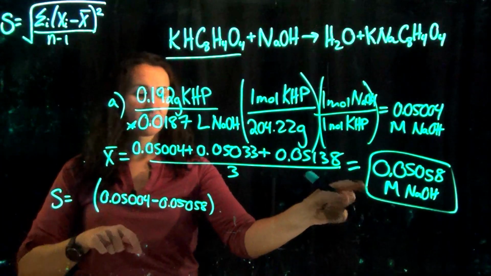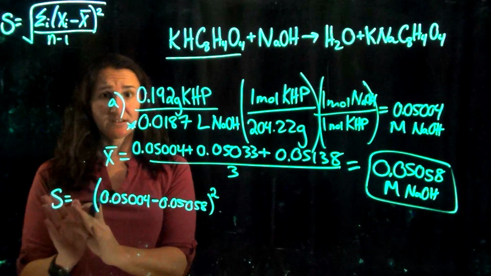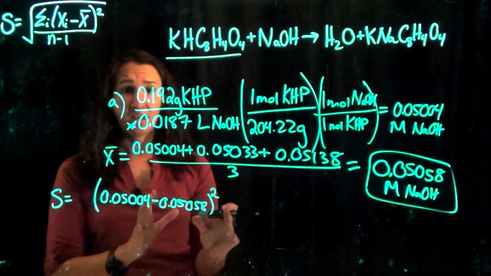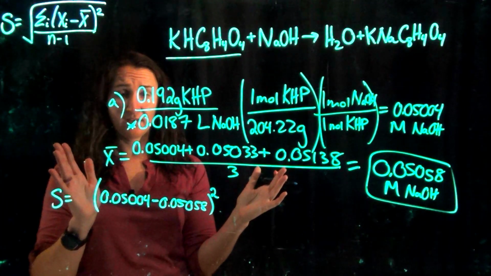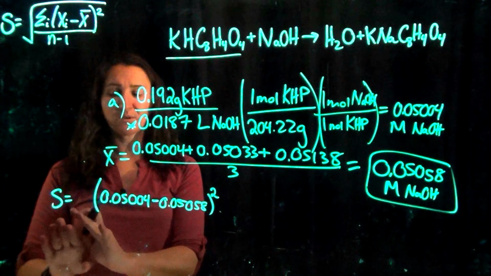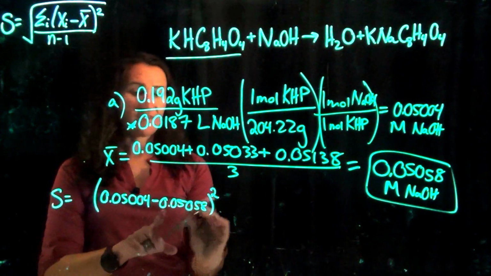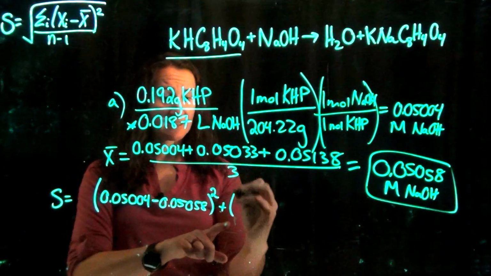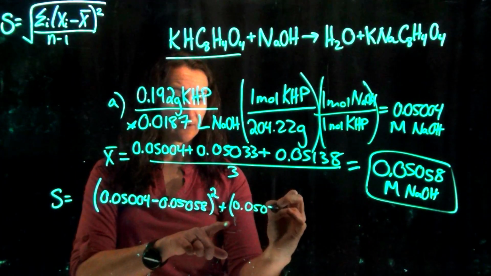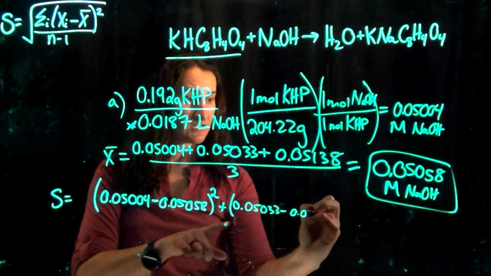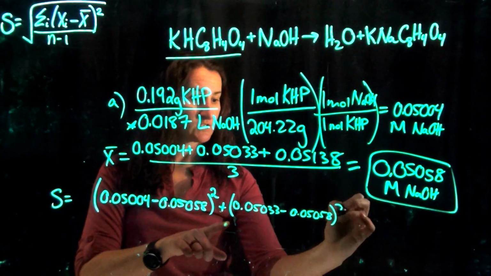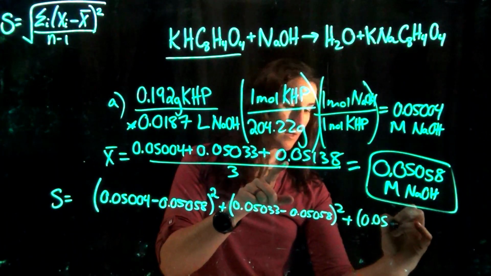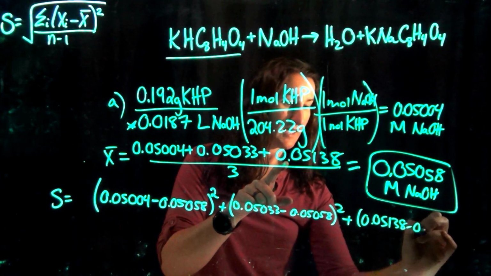0.05058 here, squared. All you're basically doing with standard deviation is saying how far apart are the individual data points from this average, and if that's the average, how far away are we? And so we're basically saying, what's the spread of my data? That's what your standard deviation is telling you. So we've got this value plus, remember it's a sum, my next data point, 0.05033 minus my average, squared, plus my next data point, 0.05138 minus my average,